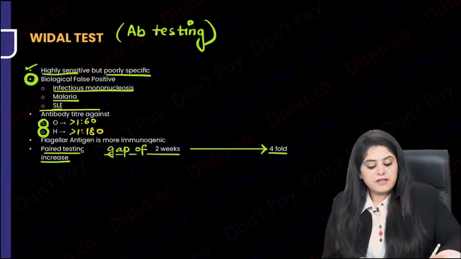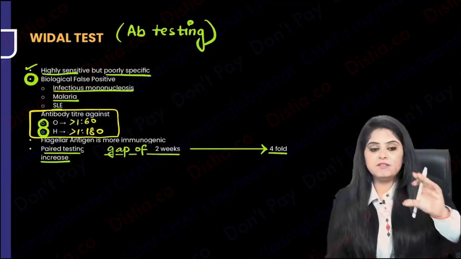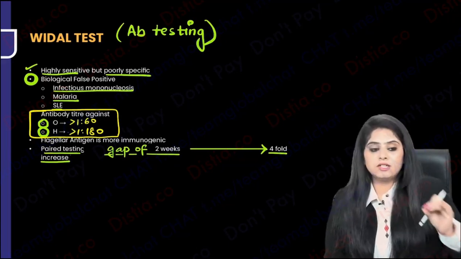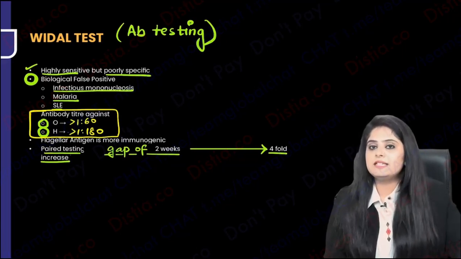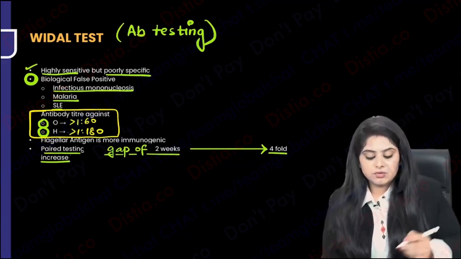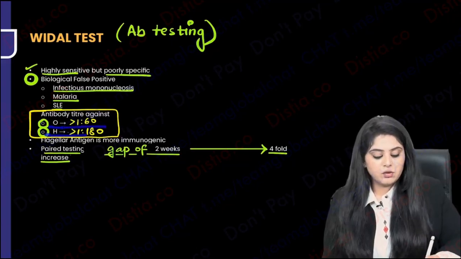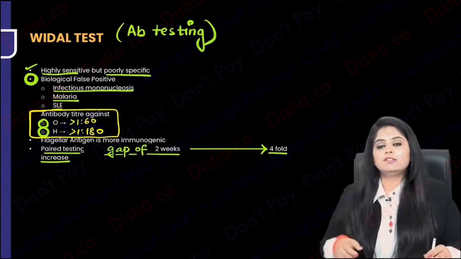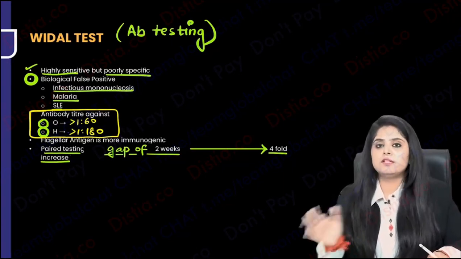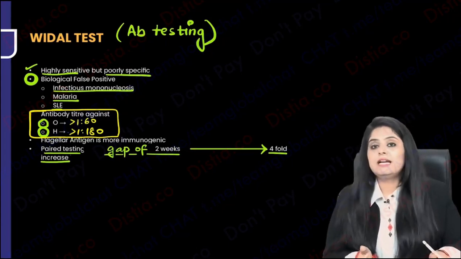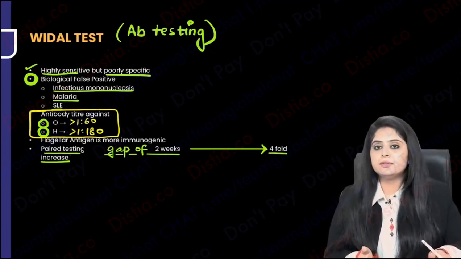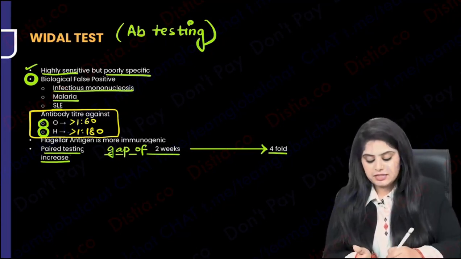The titer for every state is different, because please note that you must have seen every Vidal report has in the end the titer of 1 to this much is significant. Every state is different. They go as per the endemicity and the population there, but gradually books say 1:60 for O and 1:180 for H, which is said to be double, almost triple for that matter. That is going to be the titer, but this will change and most likely they will give the titer to you in the exam, what you have to consider significant.